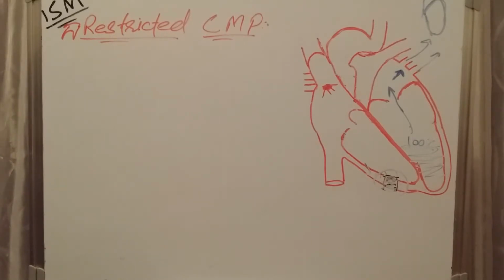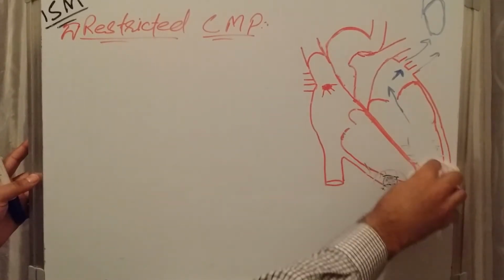Restricted cardiomyopathy, as the name suggests, shows that there is some sort of resistance or restriction. What happens in this condition? In this condition, the muscles of the heart